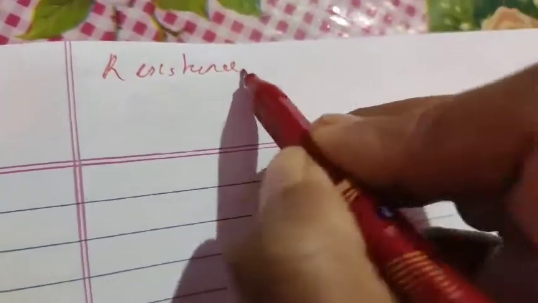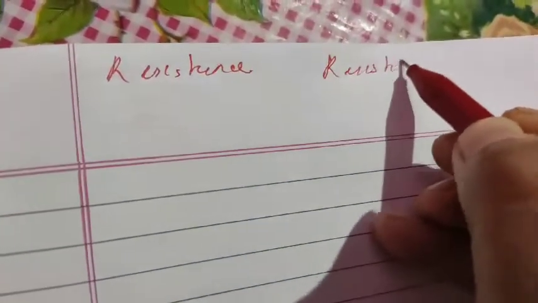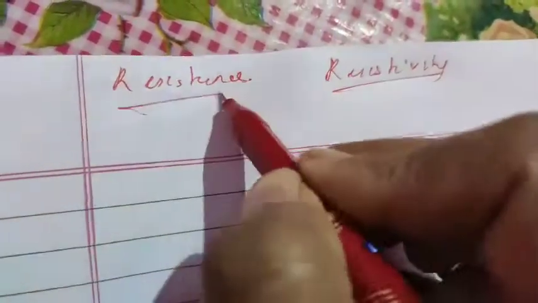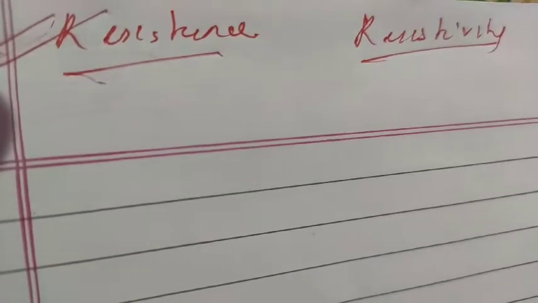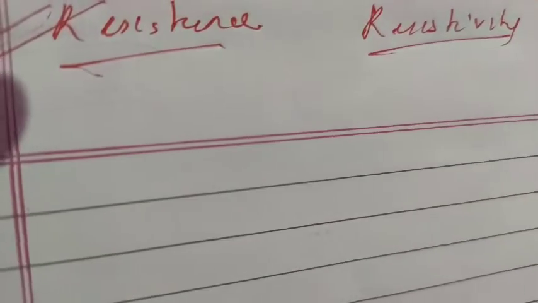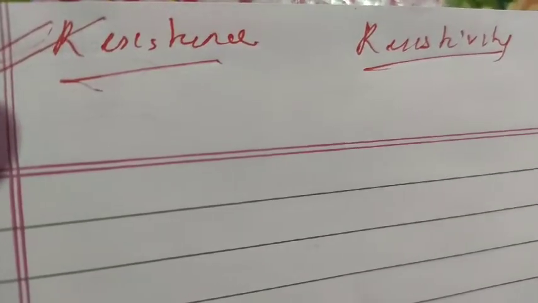Now, a very simple question, students. We have always heard two words: one is resistance and the other is resistivity. These two words have a hell and heaven difference, students. Please mind it, this is a very important topic related to current and electricity, because students always try to mix up both concepts.